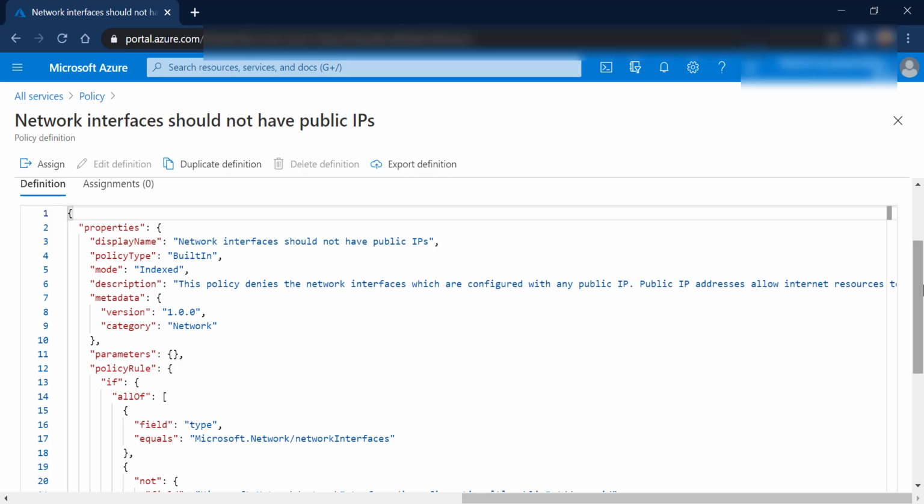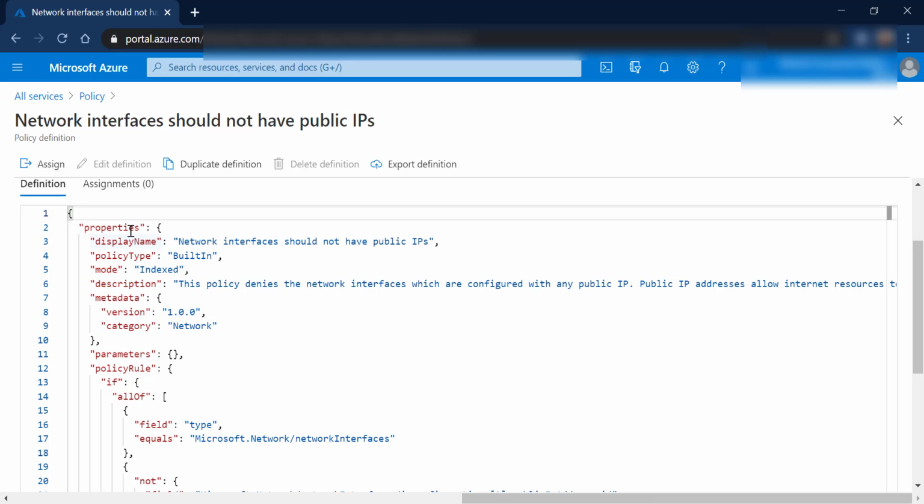Like if you have, let's say, term policies or insurance policies, you have certain terms and conditions. Similar to that, your Azure resources will have certain terms and conditions to follow in order to maintain their life cycle in the given subscription. And how they do that is they have a certain structure.